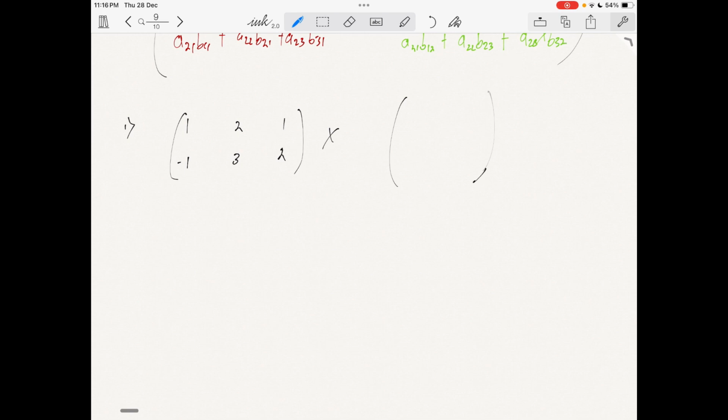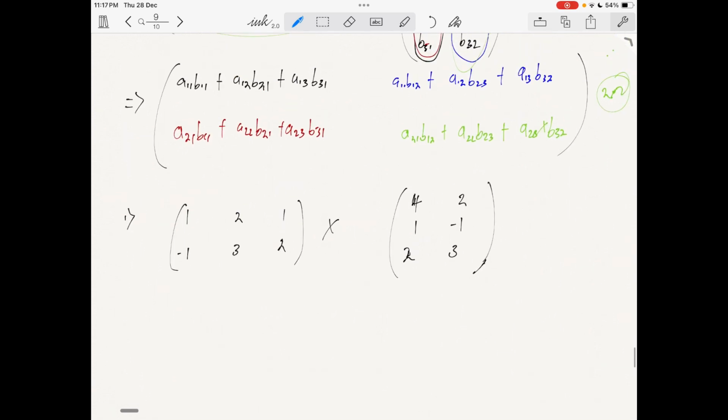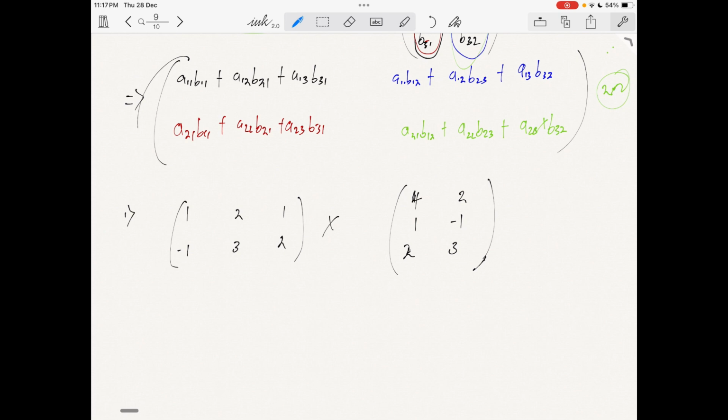Let's say 4, 2, 1, minus 1, and, using extremely large numbers for ease of understanding, 2, 3. Now we can apply the formula straight to get our answer,